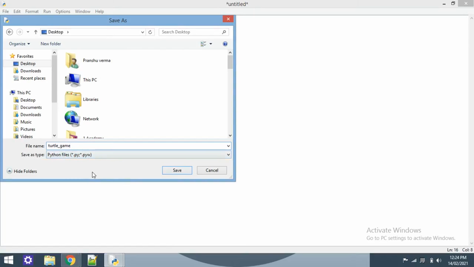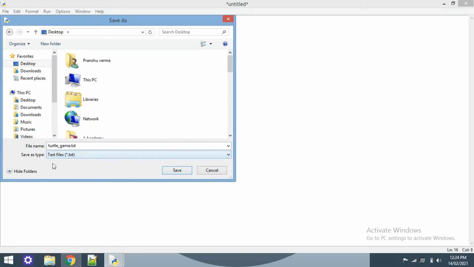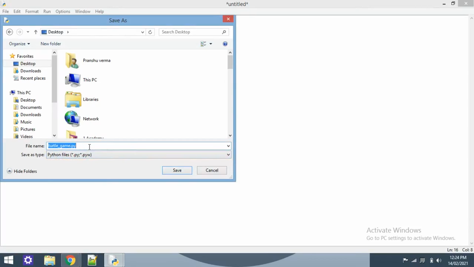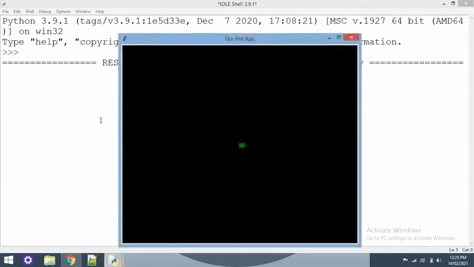But suppose you are working in any other program where the save-as type is text file, then you need to write .py. If you don't, that's okay. Let's save it, and here we go for output.